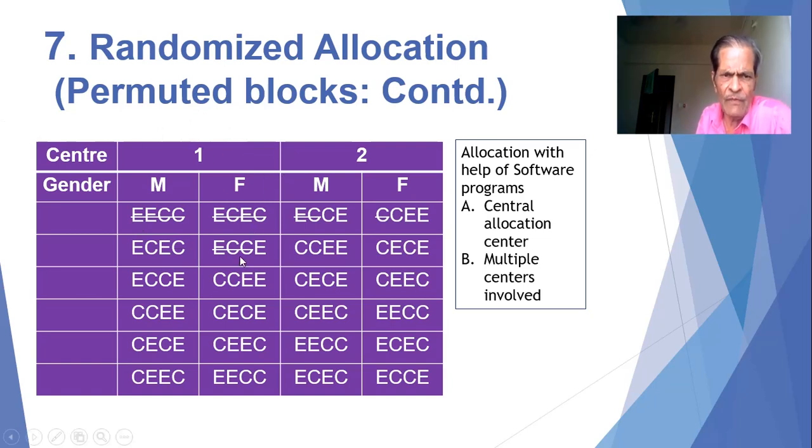Now suppose it is the second center, and the first female patient comes. So the allocator draws the envelopes which are labeled as center number 2 and female patients. Only those envelopes on which it is written center number 2 and female patients will be drawn, and the first envelope will be drawn and the paper will be read, and on it will be written C. So that patient will go to the control group. Now if, on the contrary, for the second center the first patient is male, then again the first patient will go to the experimental group.